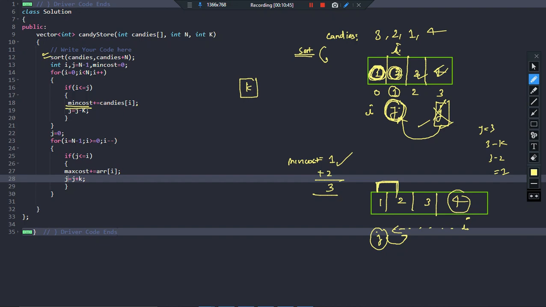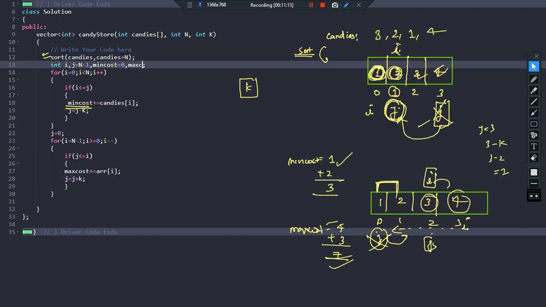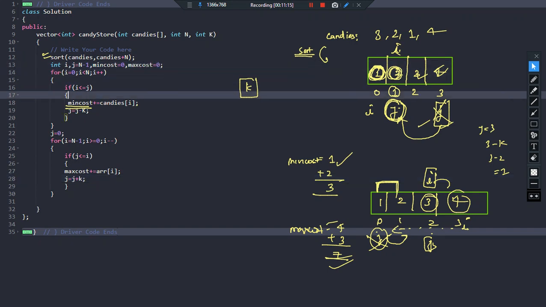So what happens next time, j is pointing to this index, next time j will point to this index, no longer here, and i will next time point to this index, and they are equal. So again this is the last time, again you have to take it. So I will purchase this candy next time. So max cost will be, initially I picked this candy 4, next time I am picking up this candy, 7 rupees. So this is how I am going to calculate the max cost. I have to declare a max cost variable here. Max cost is equal to 0. Done. That's it from this side.